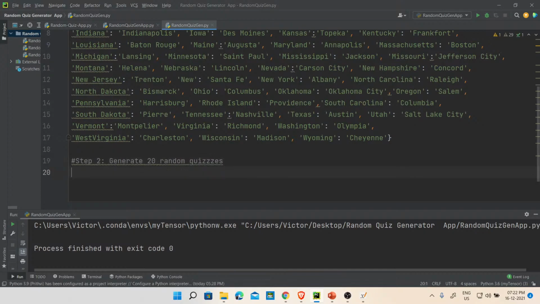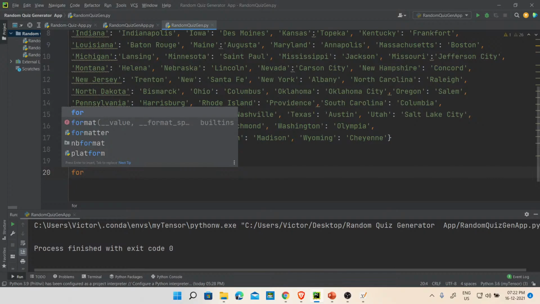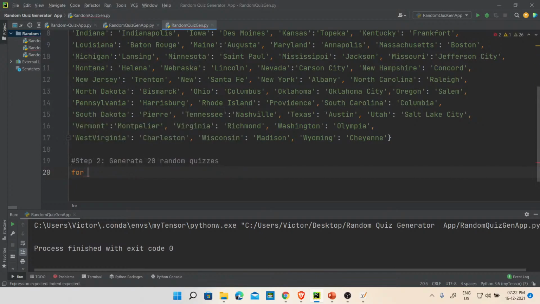Fine. So if this is going to be the case, what do we need to do now? Use a for loop to go through the dictionary. And that's where the range function comes into play. So we can call this something for uniformity, like quiz name, it can be any name actually. Sorry, the number of quiz is what I was trying to remember. The number of quiz in range of what? Range of 20, because 20 of them is what we needed. Fine. Now, if this holds true,